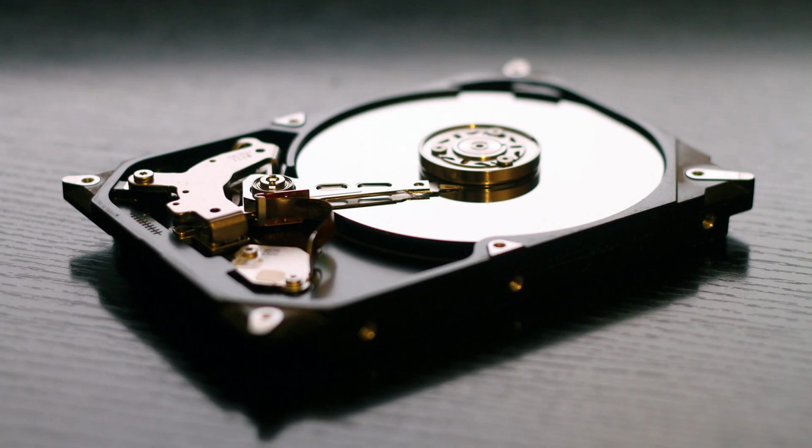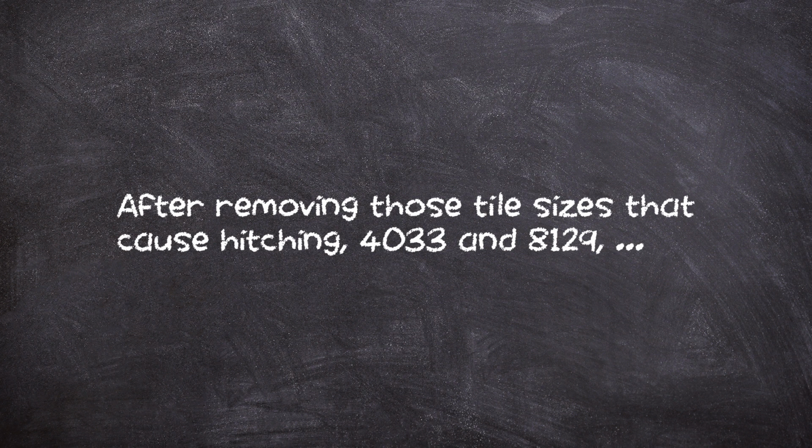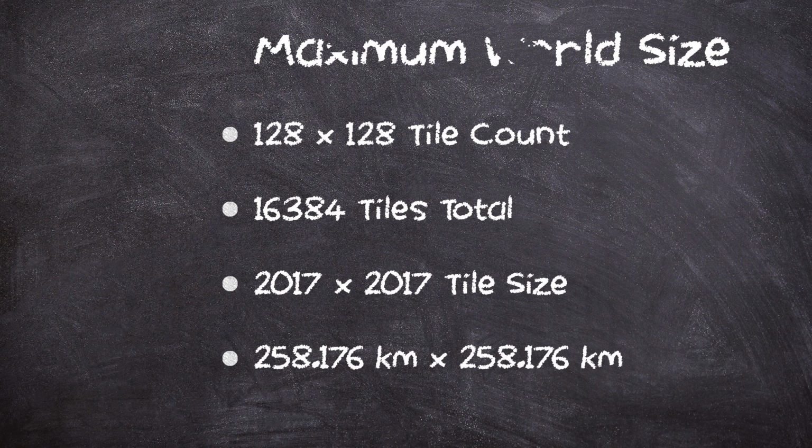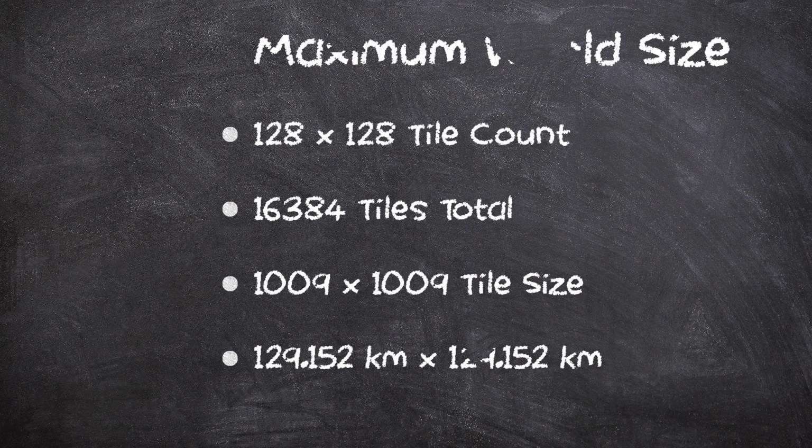Be aware that system memory requirements and drive storage space will increase dramatically as more tiles are used. After removing those tile sizes that typically cause visual hitching, which are 8129 and 4033, that would place the world composition maximum world size at somewhere around 16,384 tiles of 2017 for a total of 258 kilometers per area side, or 66,000 square kilometers, or more likely 16,384 tiles of 1,009 for a total of 129 kilometers per area side,